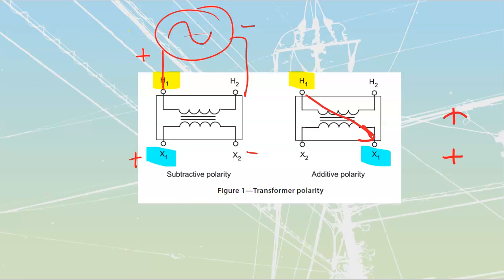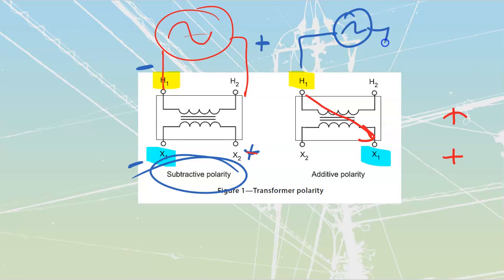When my AC alternates, changes over to a negative, this other side of the AC would have to change to a positive, then this H1, my X1, is also going to do the same. It's going to match it, which would mean that this side over here would have to be my positive at that point. Okay? H1 and X1 always, always, always have the same instantaneous polarity. H1 is negative, X1 is negative. H1 is positive, X1 is positive. It doesn't matter whether we're looking at a subtractive polarity or an additive polarity. We can do the exact same thing